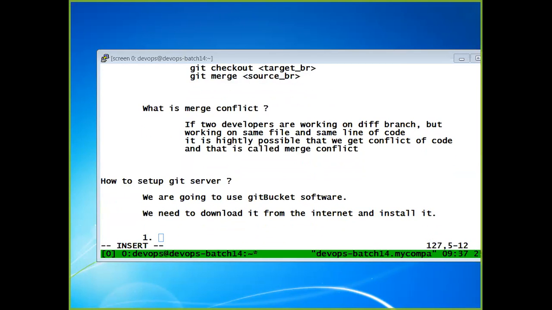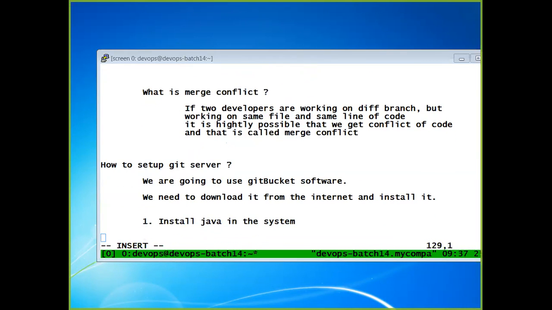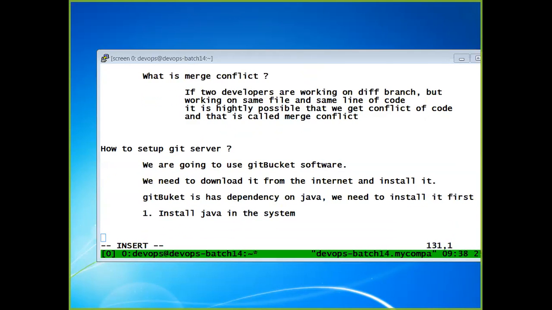So the first step is the download. Dependency first: install Java in the system. This package basically depends on Java. So first we need to get Java, and then we'll go.